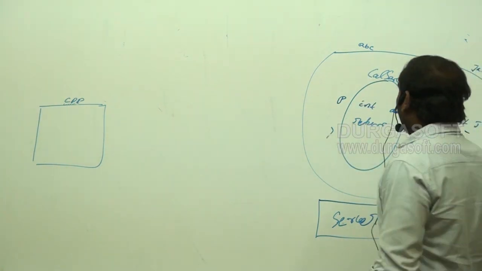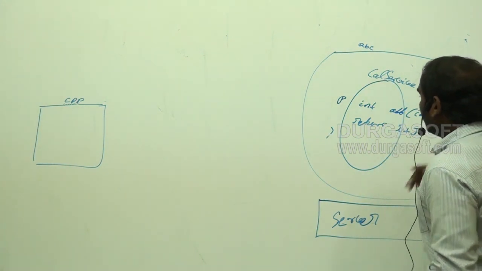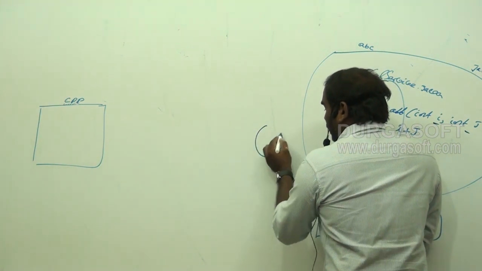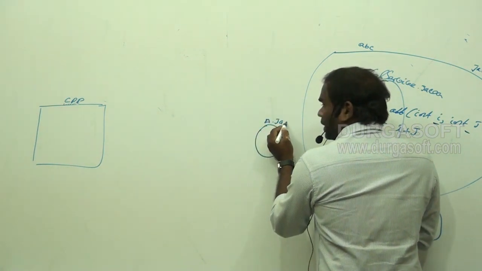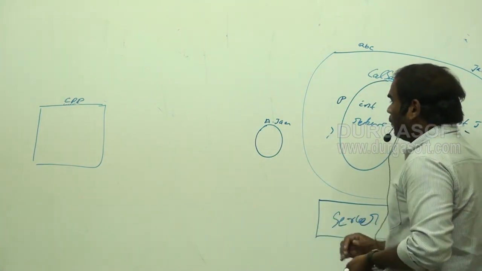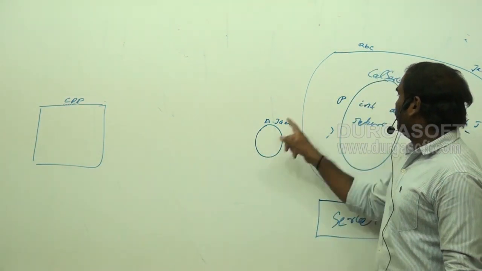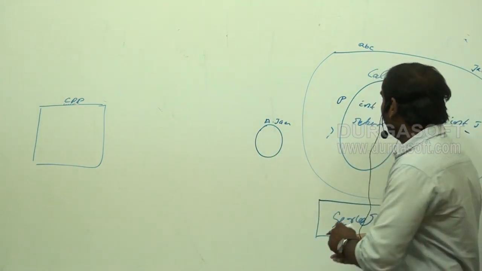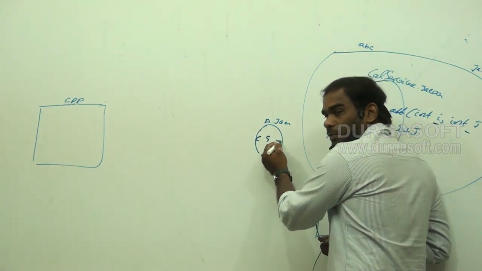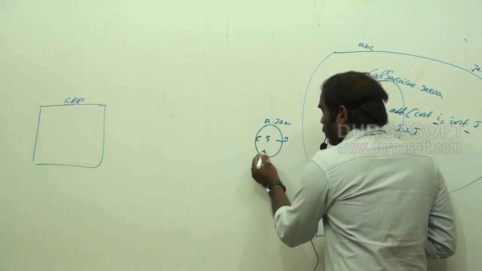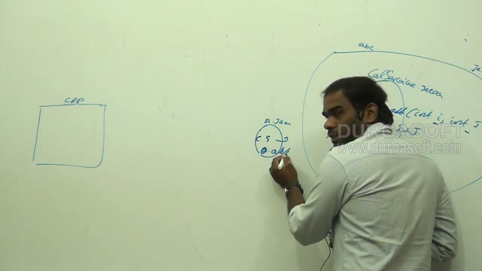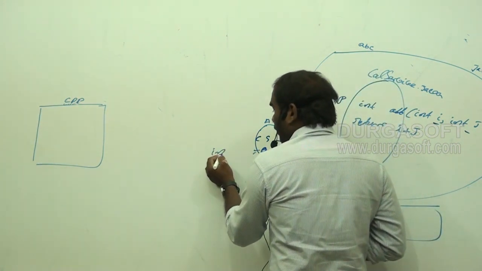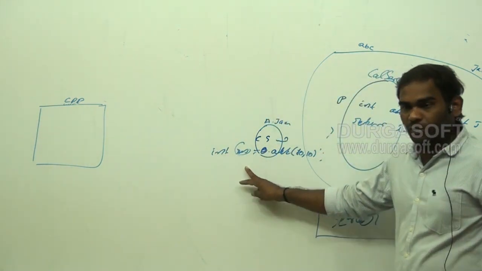Now let us assume I am creating another Java file, let us say a.java. I want to invoke the add method of calservice.java from a.java. What will you do first? Tell me. First you will create a calservice object, or not? After that, you will use that object dot the method name, pass some parameter values, and get some return value. Am I right or not?